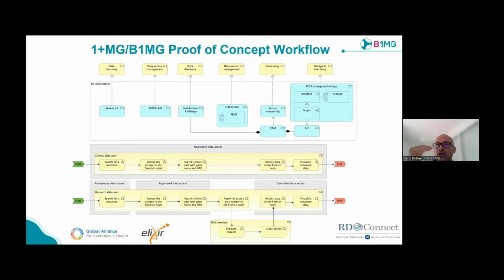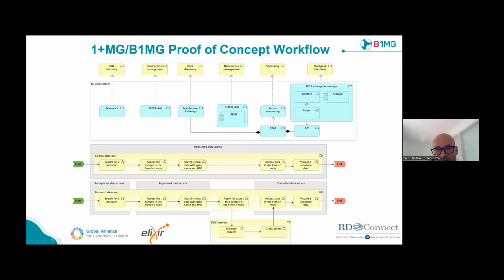So depending on the authentication and authorization level, you might be able to access or not certain features of the network and be able to access or not the data sets. And for this, now you can go here at the top of the image where the blue boxes are,